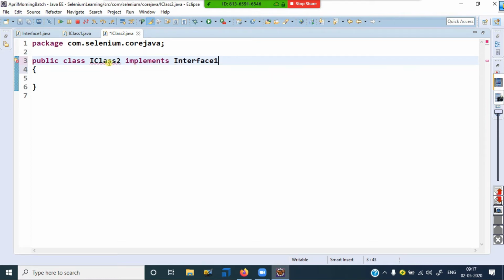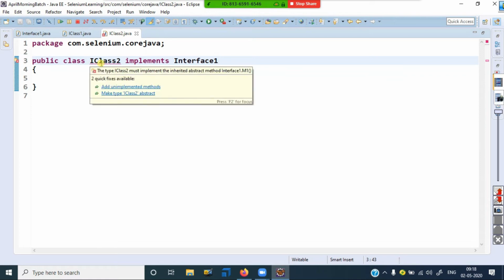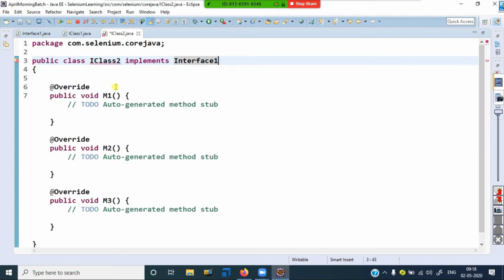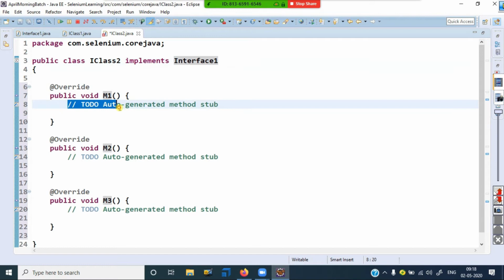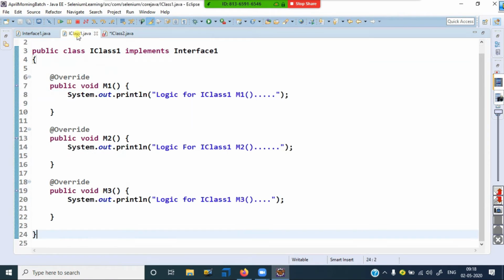Now see, it's giving the same thing: unimplemented methods. You can go for that. So this is called an unimplemented method. But this is also method 1, and class 1 also has method 1.